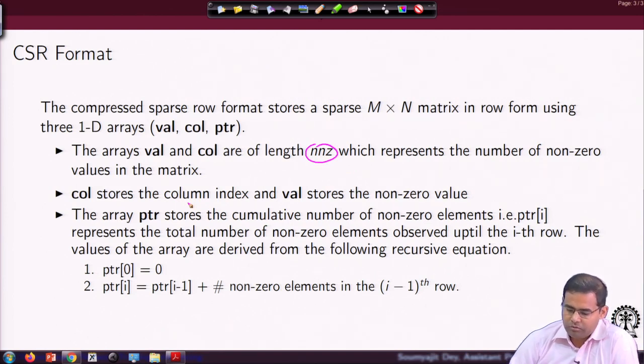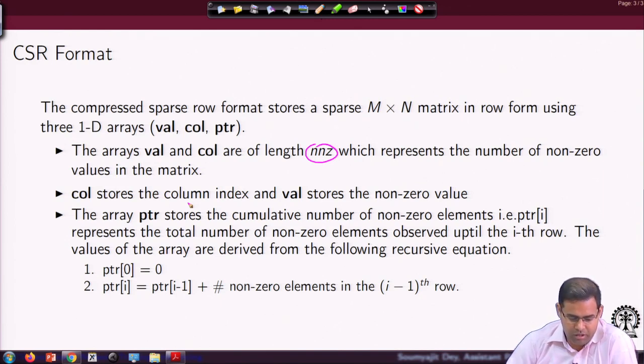So we have one 1D array which stores all these nnz non-zero values. We have another 1D array called col which stores the column index for each of these non-zero values, that is, in which column of the sparse matrix this non-zero value is positioned.